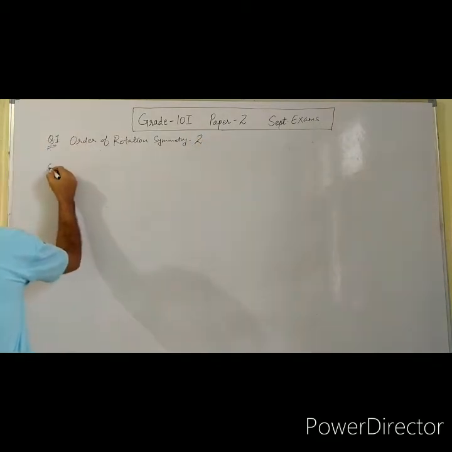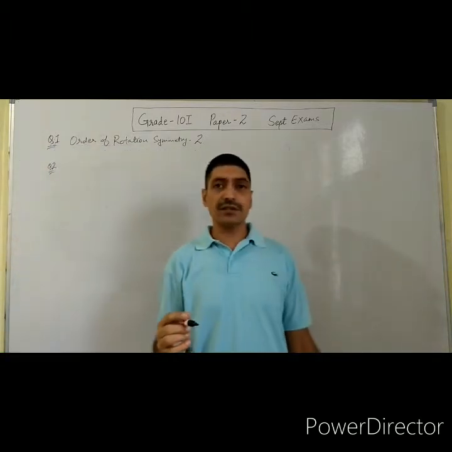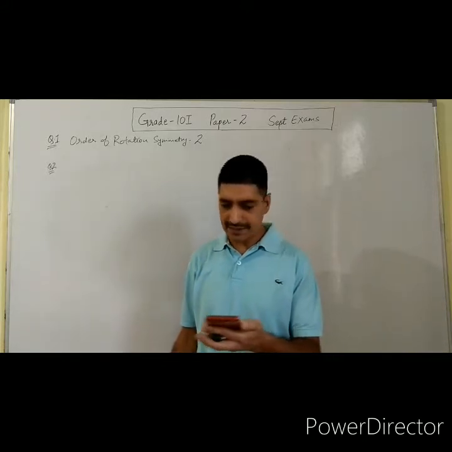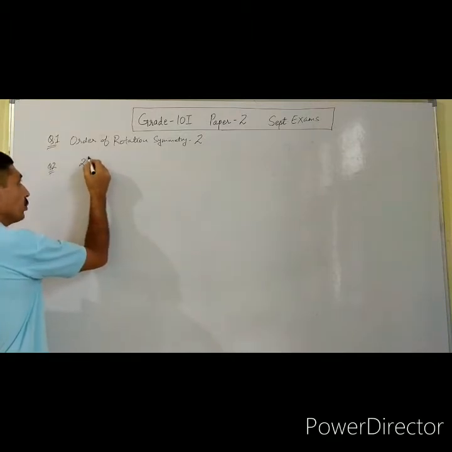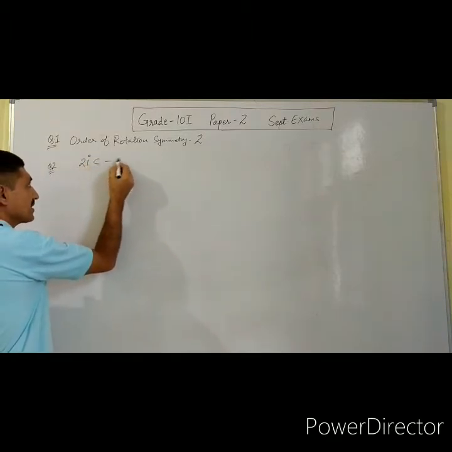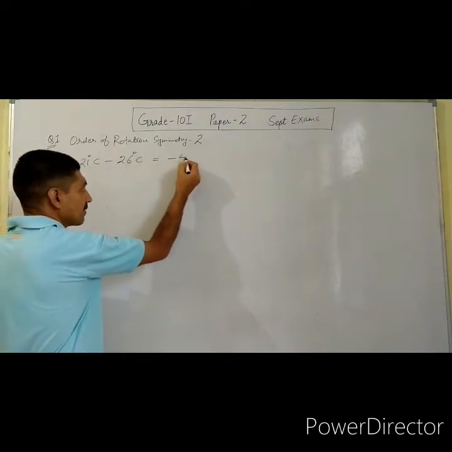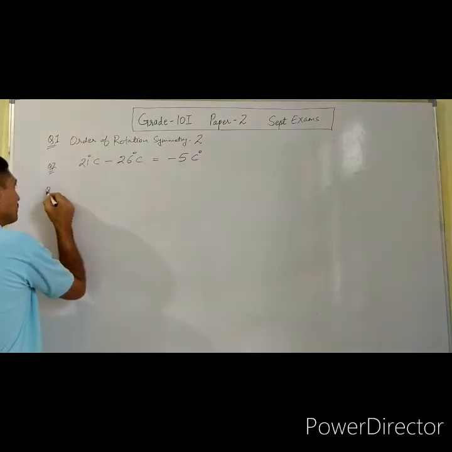And for question number 2, the temperature difference: at noon the temperature is 21 degrees Celsius. So the difference in temperature, 21 degrees Celsius minus 26 degrees Celsius, is minus 5 degrees Celsius. Question number 3,